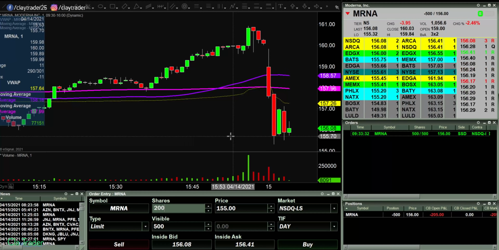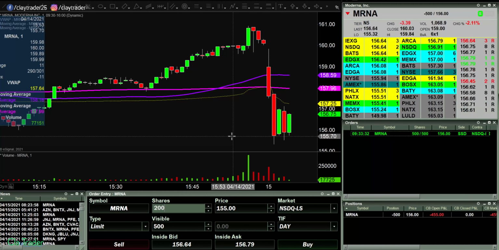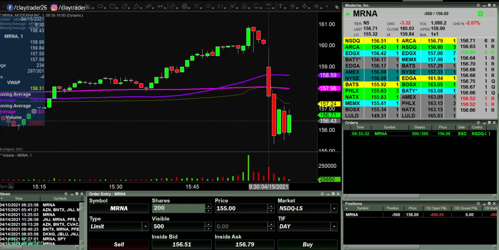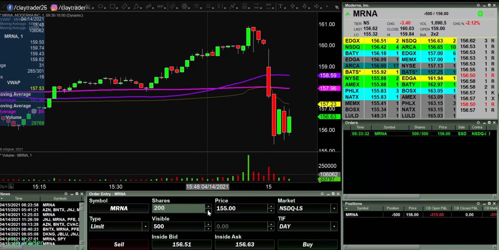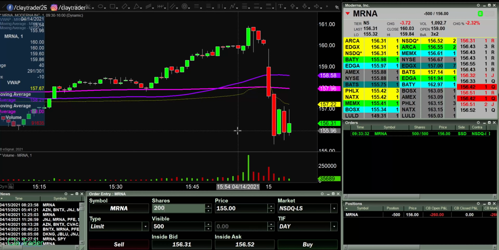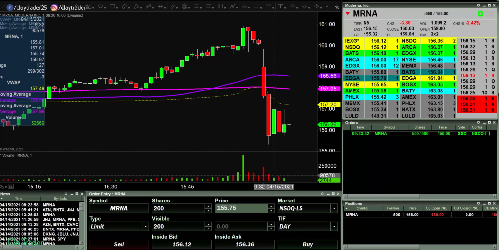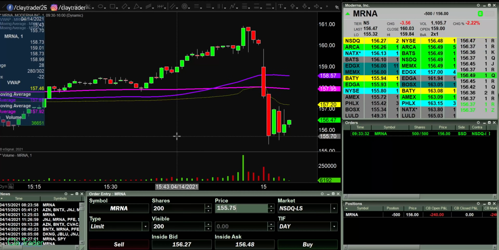A little bit of a bounce here. Well, that's not good. Let's see if it wants to come back down. Got to remember, it is a pretty jumpy one, so you've got to give these things wiggle room. So the question becomes, do I want to actually add some more at 155.75? I do, actually. So I will add to the position at 155.75. So adding to a winner. But it's first got to become a winner. It would just be a slight winner because it'd be just a little bit below. But like I said, if this thing wants to come back down,